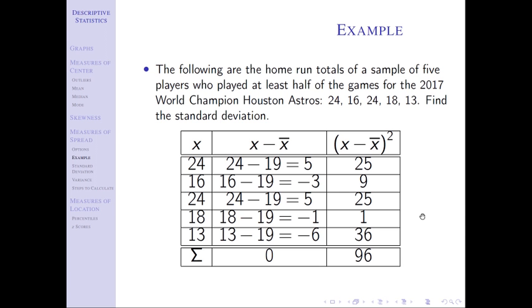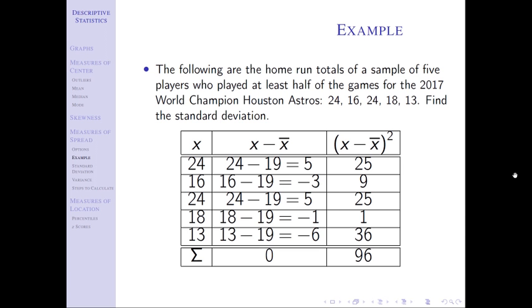And so we have to kind of take a little bit of a penalty. We have to make an adjustment, maybe is a good way to think about it. And so instead of dividing by n, we're going to divide it by n minus 1, okay? So we're going to take this 96, we're going to divide it by 4, because that's n minus 1, right? N is 5. So we're going to divide by 4, not by 5,